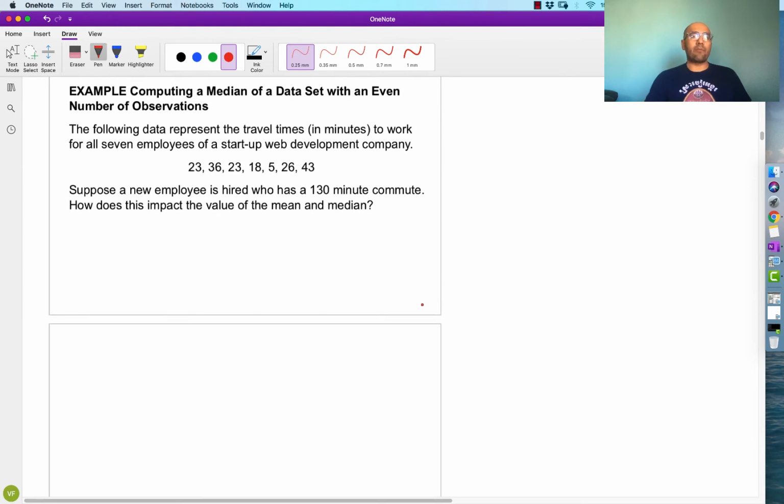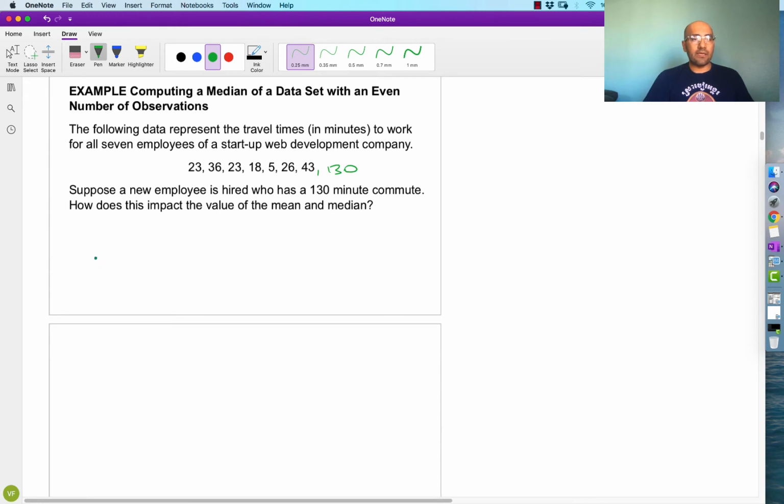Okay, the following data represents the travel times to work of all 7 employees of a startup web development company. Suppose they hire a new employee that has a 130-minute commute. How does this impact the mean and the median? All right, so if we toss in one new extra person, 130, how does